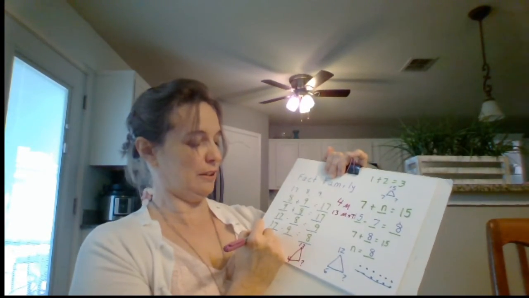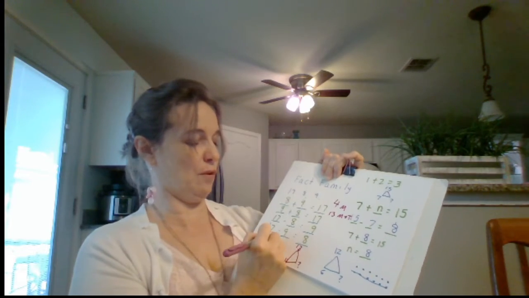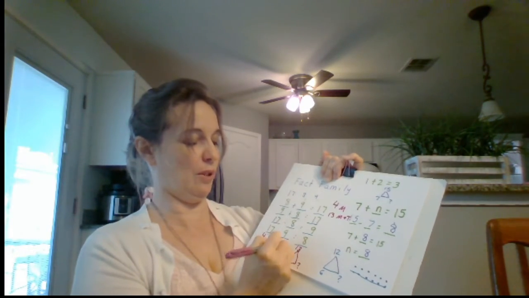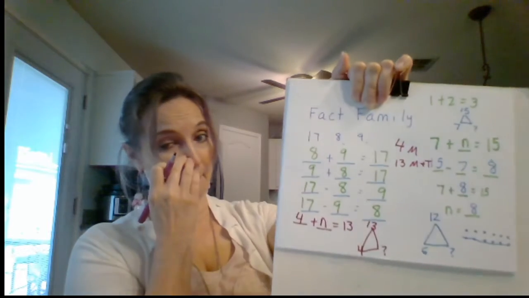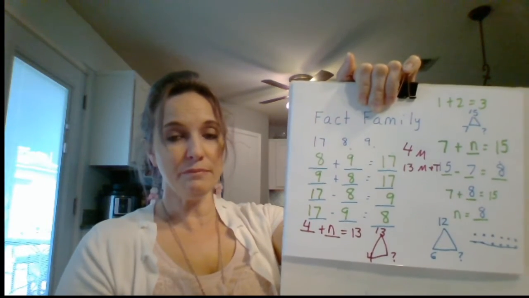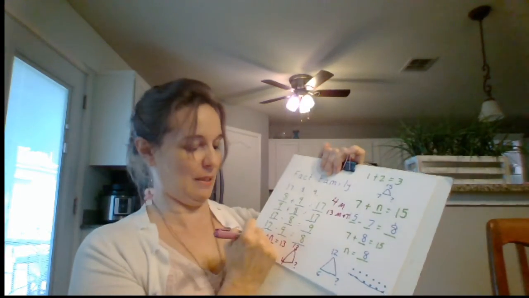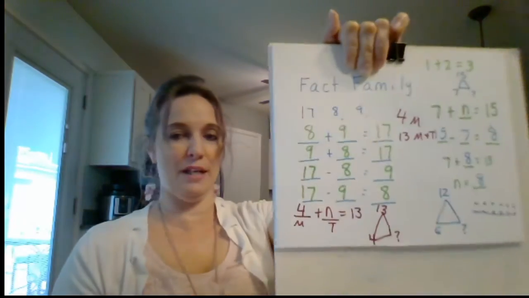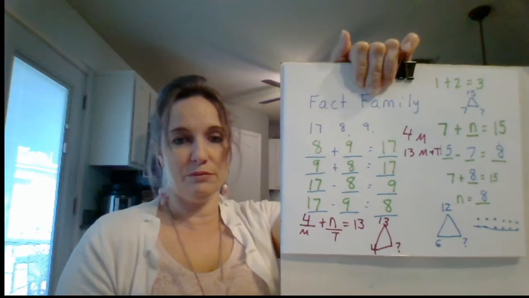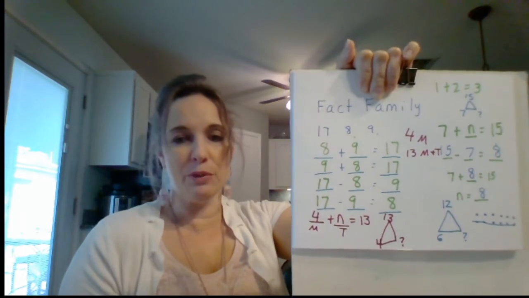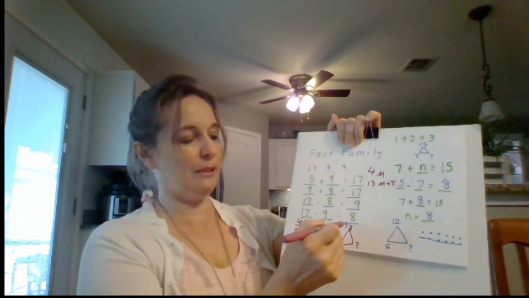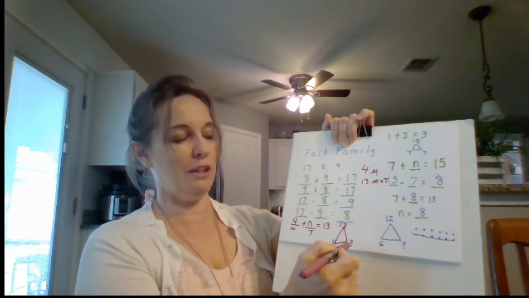So now let's say 4 plus n will equal 13. Okay? We do not know how many she took on Tuesday. This is Monday and this is Tuesday. So we could put a T there for Tuesday's number. We could put any letter we wanted there. So how do we figure this out? We subtract 13 minus 4 gives you,